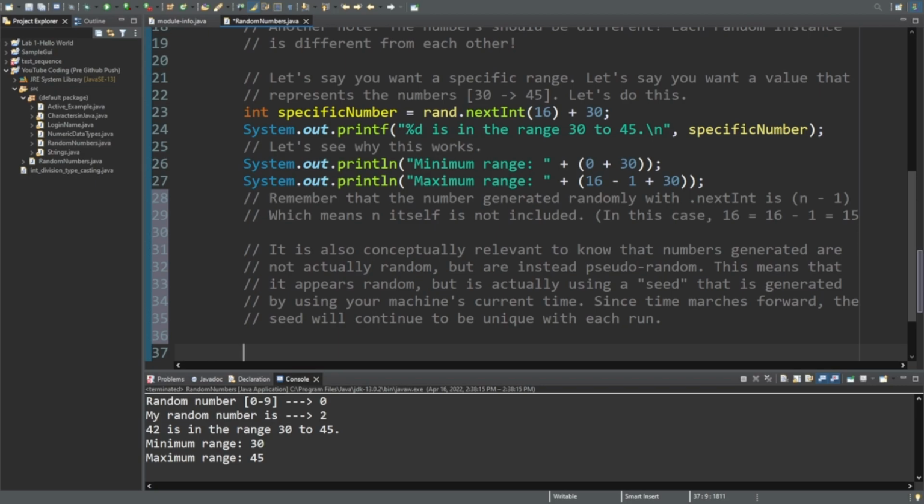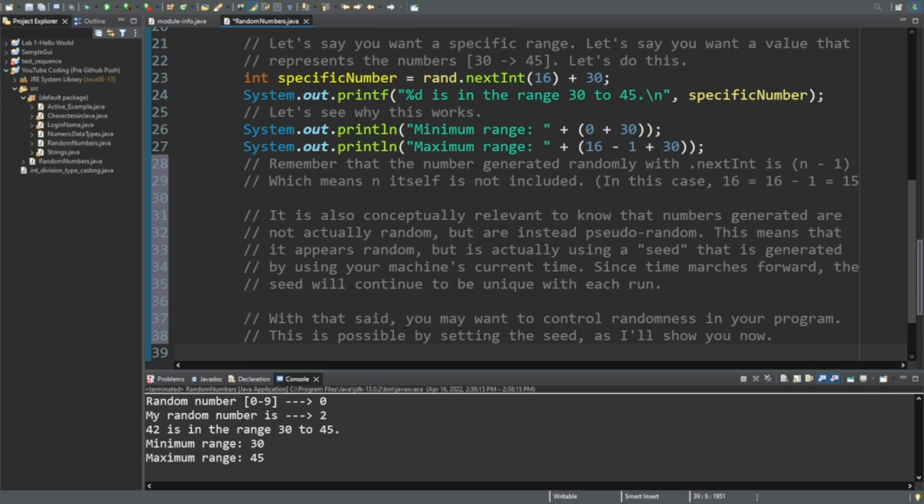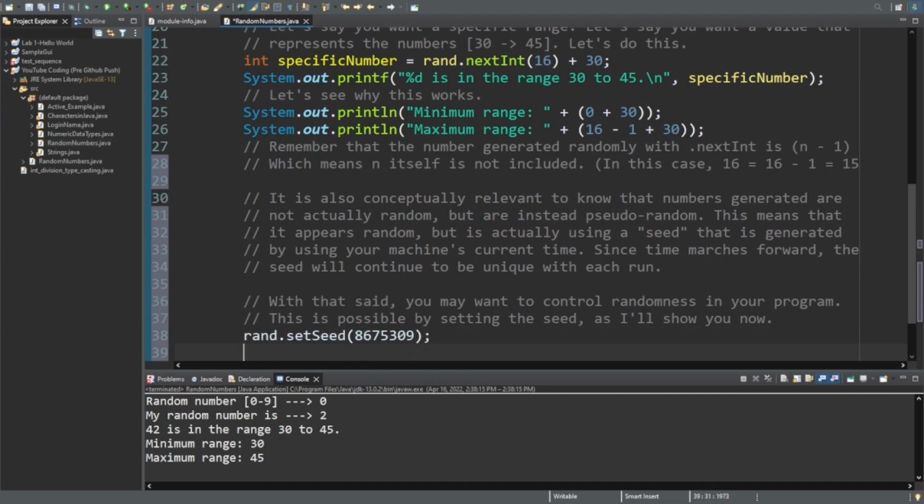But as far as I know, that does not exist, so you don't have to worry about that. It is completely random. With all that said, you may want to control the randomness in your program. This is possible by setting the seed, and I'm going to show you what that looks like right now. So we're going to do rand.setSeed